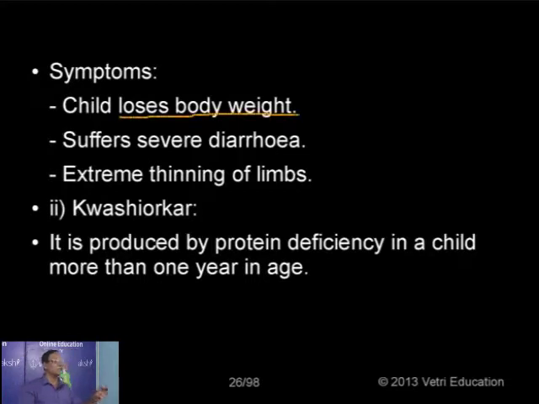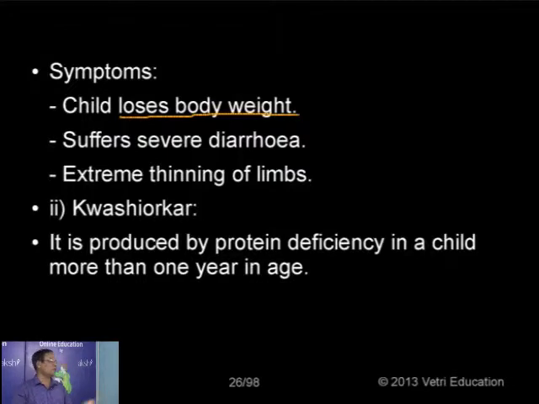This disorder is very common in the case of children or infants less than a year of age, just below 1 year. Whereas kwashiorkor is more common in the case of children above 1 year. So that is the main difference between kwashiorkor and marasmus, though they are caused by protein deficiency. Let's see the difference also. In the case of marasmus, there are two effects: one is because of protein deficiency, another one because of calorie deficiency.